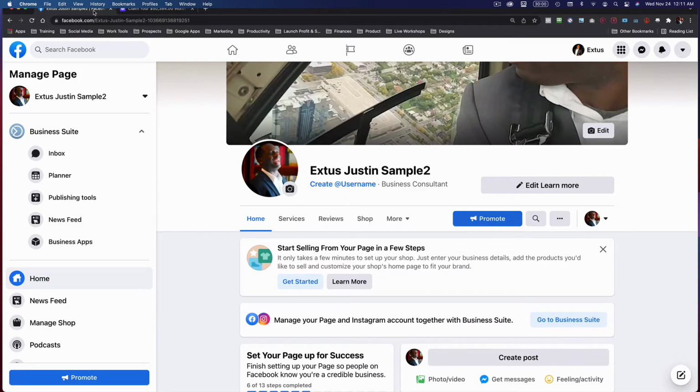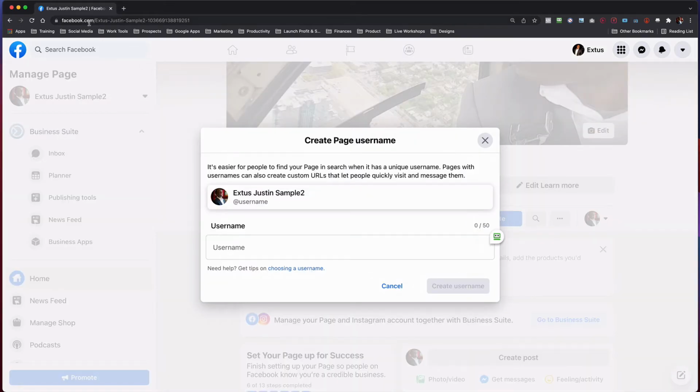So now that we've got that step done, the next thing we want to do is create a custom username for our page. Right now, as you can see, the URL for this page is a pretty long URL, and if I told it to someone, they wouldn't remember it, right? So this is why I want to create a custom URL for the page. So I might say, let's say,